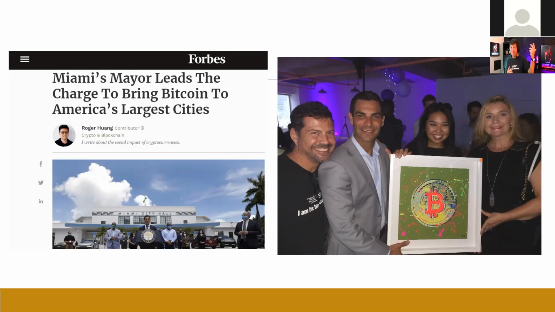If they want a percentage, they've got to get the entire salary, but they can get a percentage in Bitcoin instead of getting paid in US dollars. They're also going to start accepting payments for taxes in Bitcoin, and different fees paid in Bitcoin. So these are huge developments as Miami is positioning itself to be very crypto friendly and push forward the growth